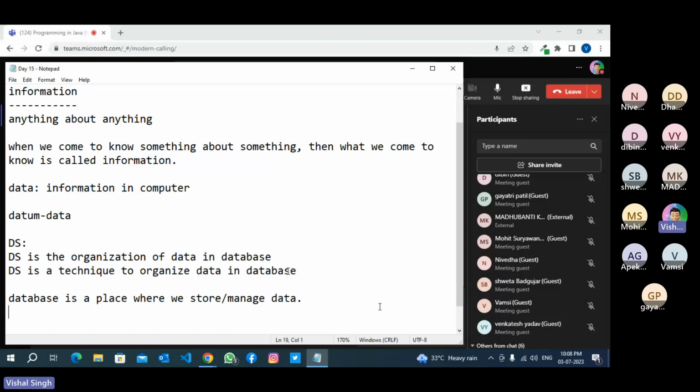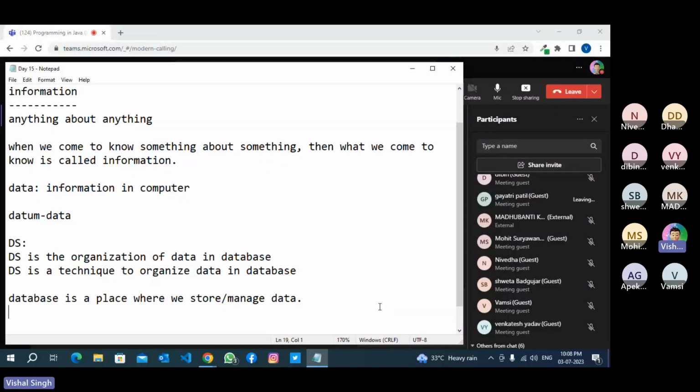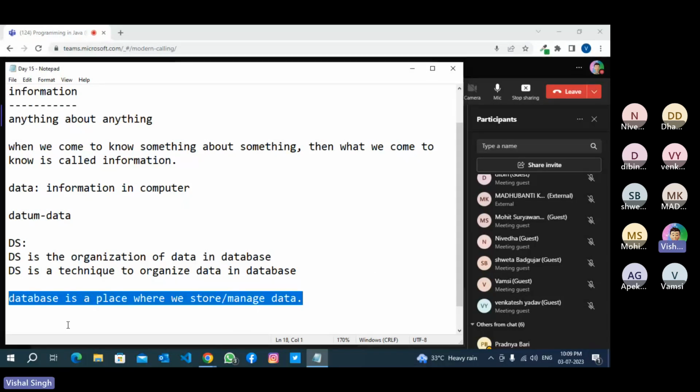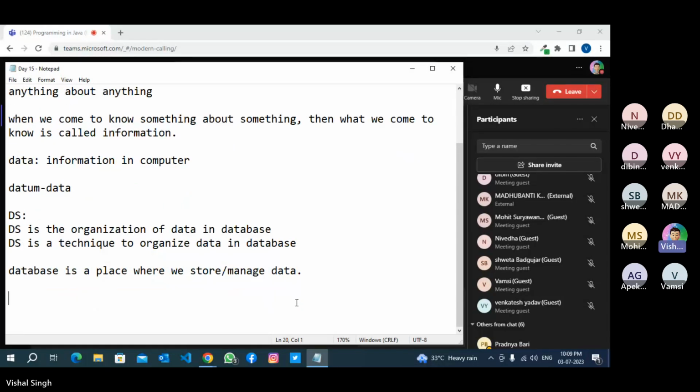Suppose you have data in GB, TB, PB, so you have to organize it. Why do we organize data?